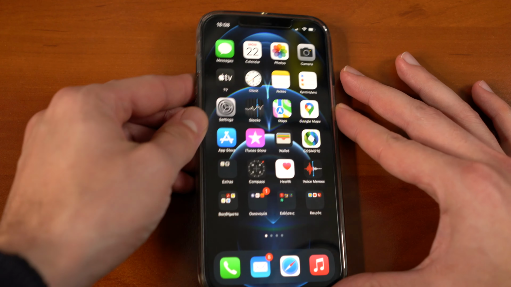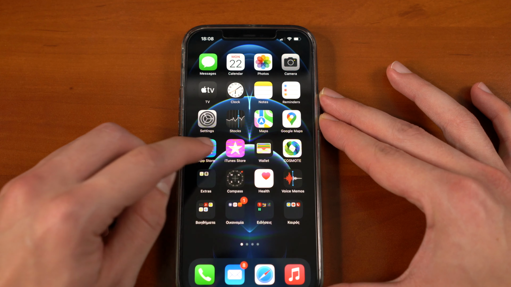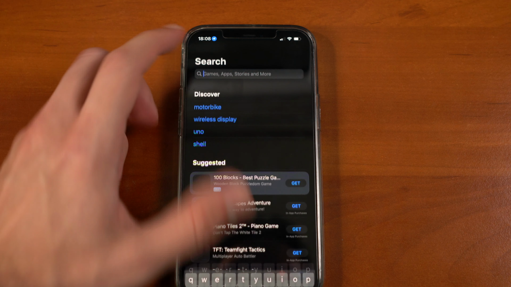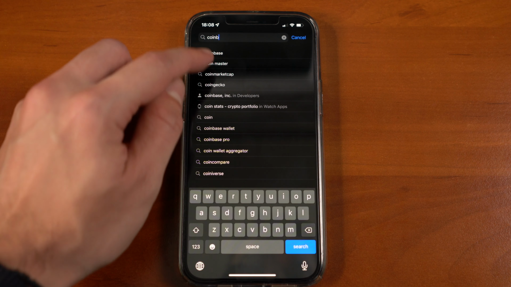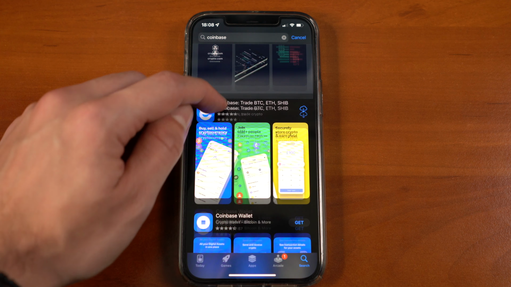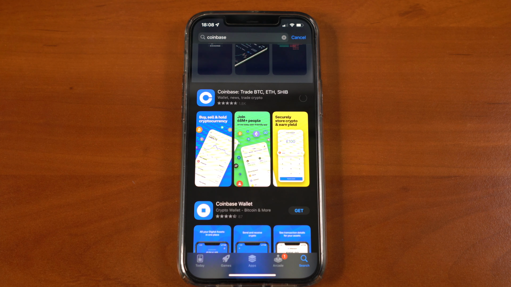So go to the App Store or Play Store, depending on the phone type, and search for Coinbase. It's the app with the blue icon and the letter C. Tap to download it and wait. When it finishes, and here is the crucial part,